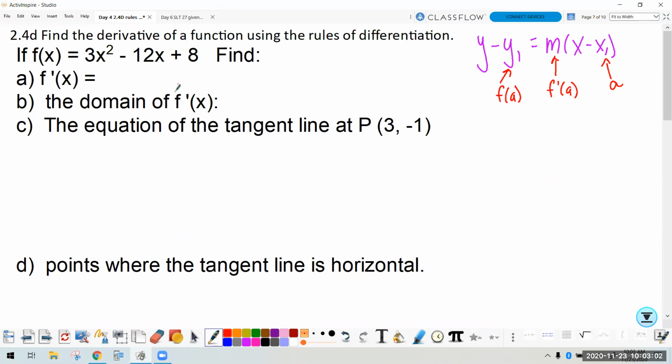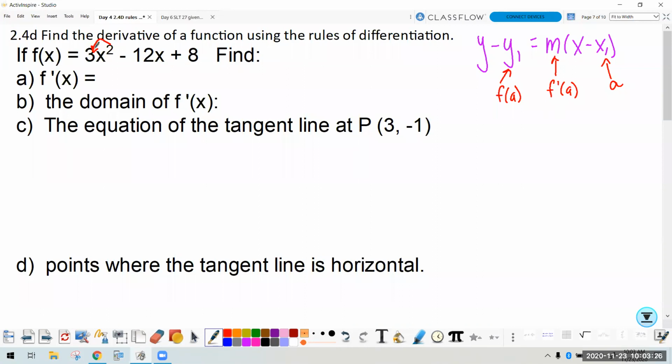So the power rule saves us a ton of work, where we don't have to do the limit as h approaches 0 to find the derivative. I don't have to use the calculator to get the derivative. I can just look at 3x squared minus 12x plus 8 and take the derivative of each part of my polynomial. So the derivative function will be, for this 3x squared, using the power rule,